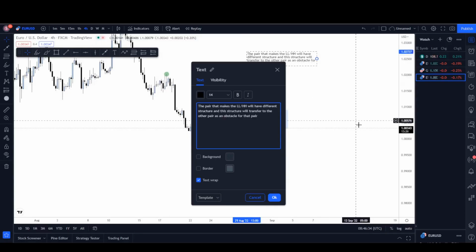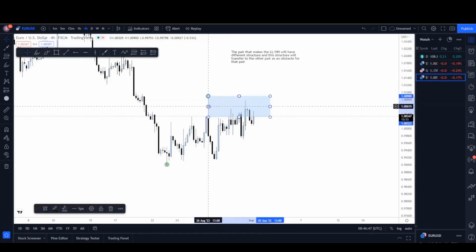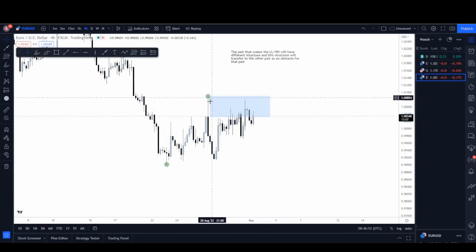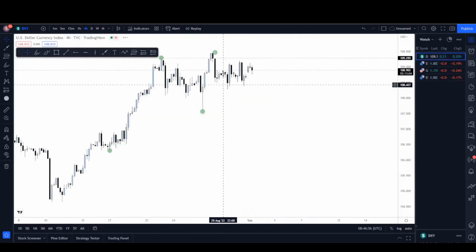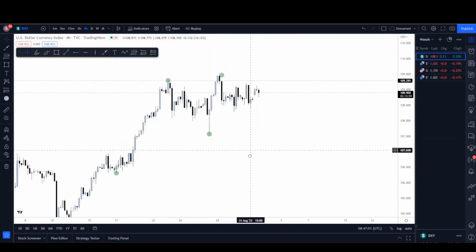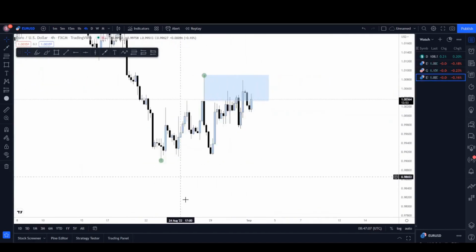for that pair. Okay, so yeah, this is obviously an obstacle, and we can see why it's reacted so much. Because if we just look at EU alone, this high here is not relevant. It's not relevant in terms of structure on H4. It can't be a low high because price failed to create that low low. But when we look at the dollar, it tells us that the dollar made a high high. So now this zone in here becomes relevant, and yeah, that just transfers to EU. So I mean, yeah, it makes sense. I will explain